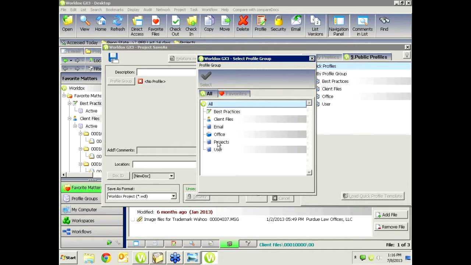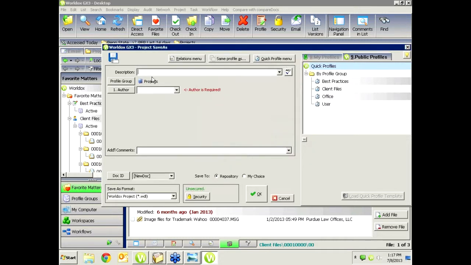Or if you have a Worldox administrator in your firm, they can set up a projects profile group for you. Or you can put it in your personal or your user or any place that it's appropriate. I'm going to put it here. I'm going to call it project for Worldox virtual user group meeting, and we're going to say the author is me. We're going to save it,